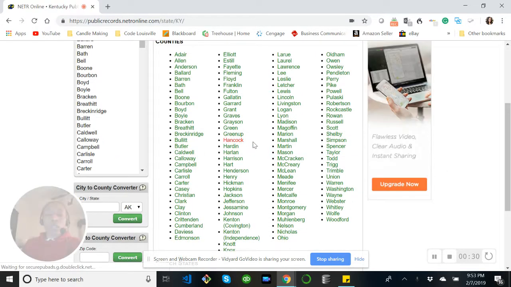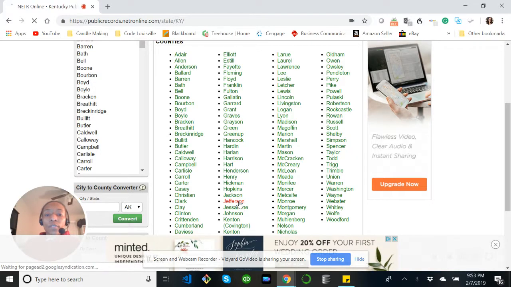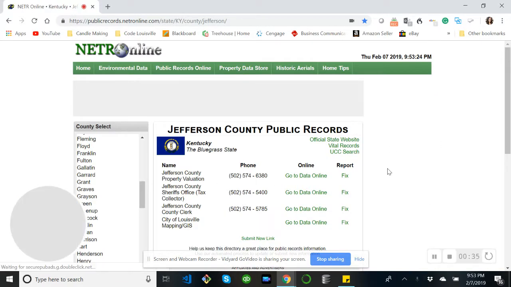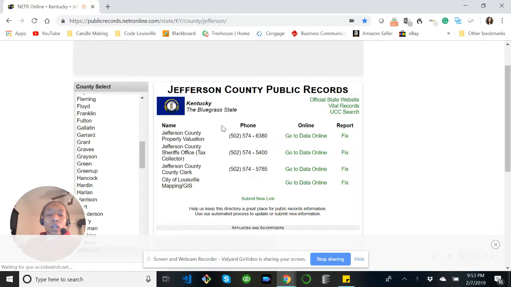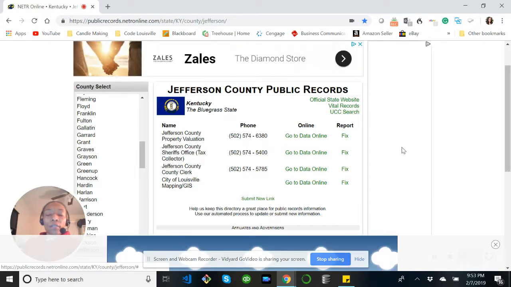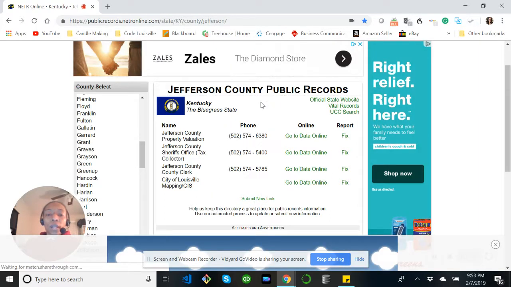Then you'll select the county that you're in. I'm in Jefferson County. And here are the 4 public information records that I can look up. The first 3 are really the only ones that I need. I know other counties that I've seen, they may have limited information or information that you also have to pay for as well. So with the Jefferson County property valuation,